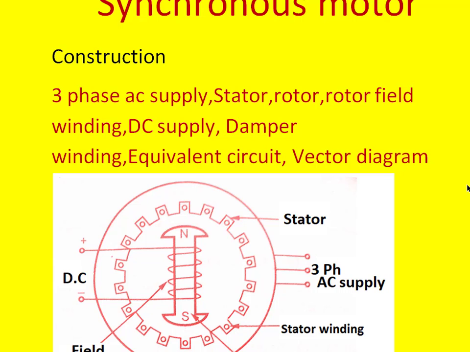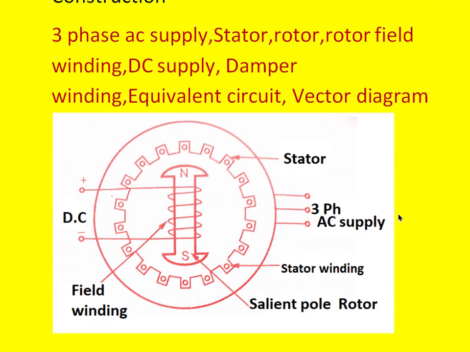We have seen the equivalent circuit of the stator and of the rotor, and how to draw the vector diagram for the equivalent circuit of the synchronous motor when the rotor is salient pole and when it is cylindrical type. And we have seen that the stator produces a constant rotating magnetic field whose speed is 120 F by P,